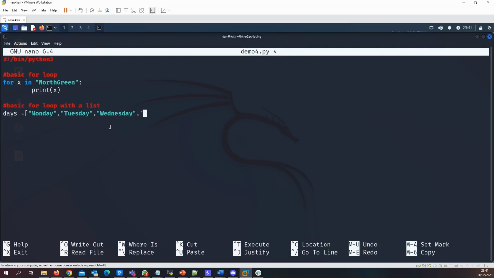Wednesday, Thursday, Friday. Let's just go for the work week. We've defined the value of the days variable as this list of the work week: Monday, Tuesday, Wednesday, Thursday, and Friday. Python understands these to be string values because they're in quotation marks, and we can see that in the color notation as well. So what I can do is I can now say for X in days,